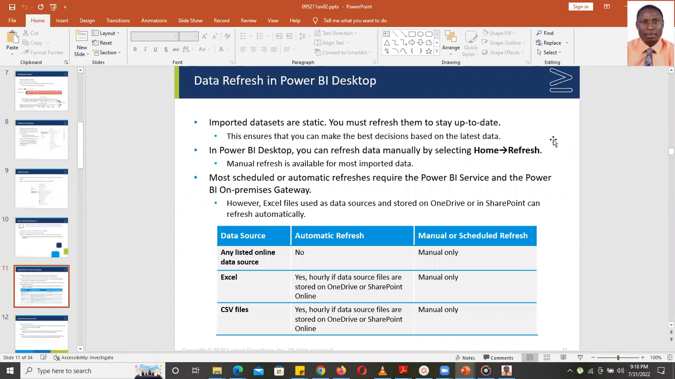Data refresh in Power BI Desktop. Imported data sets are static. You must refresh them to stay up to date. That is where you pull your record from, where you pull your data set from. The data might have been updated. So for your reports and for your analysis in Microsoft Power BI to stay up to date, you have to refresh. You have to refresh so that you won't be working